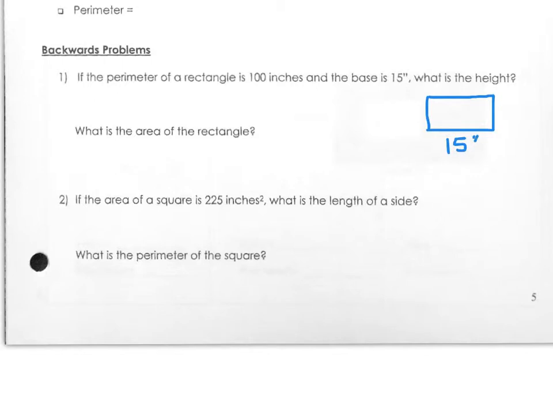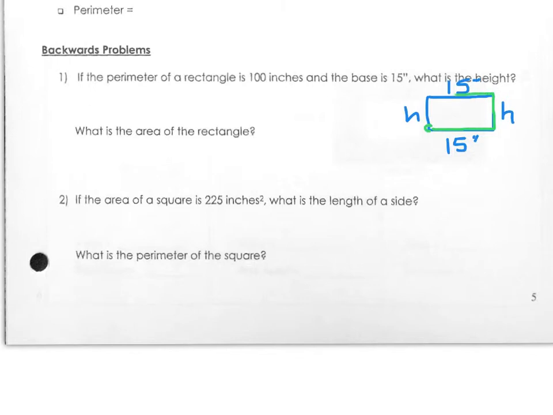And I'm going to call that base 15 inches. And we're looking for this height. Well, remember what we said about rectangles is that opposite sides are exactly the same. So I'm going to say this is 15 inches, and this is also the height. And now remember what we said about the perimeter is it's just we're going to add